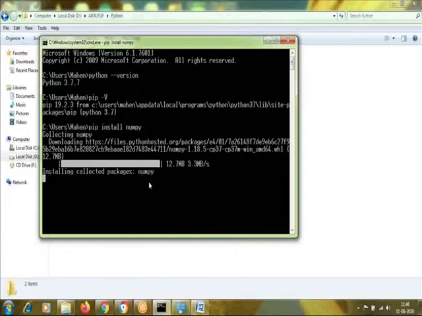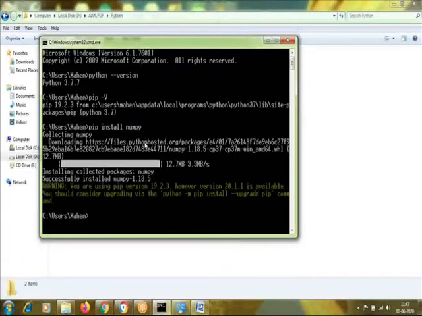If not, then this will create a problem. Okay, so the download will not happen and the installation will be stopped abruptly. Okay, so once NumPy is installed, this is how we can install a single package. Just give the single package or library name and the installation will be done.